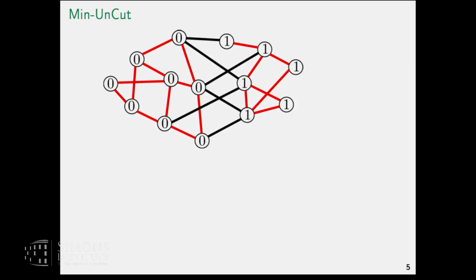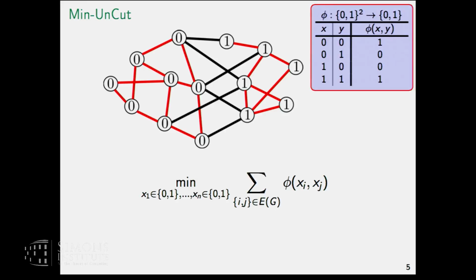The second example is max cut in disguise, in the minimization version, minimum uncut, where you try to minimize the number of edges in red, so within the 2 partitions. In this talk, I want to see this problem as a minimization problem where you minimize over assigning 0 and 1s to the vertices of the graph. So 0 and 1 correspond to the 2 partitions of the graph. The objective function you minimize is, again, a sum of binary terms, and each term comes from an edge. This time, the function looks like this. If the 2 arguments are the same, it returns 1. If they are different, it returns 0. Again, every assignment corresponds to a partition, and it gives you the size of the complement of the cut. And you try to minimize this.